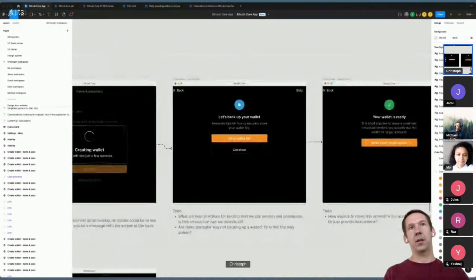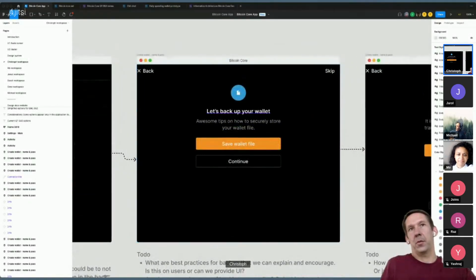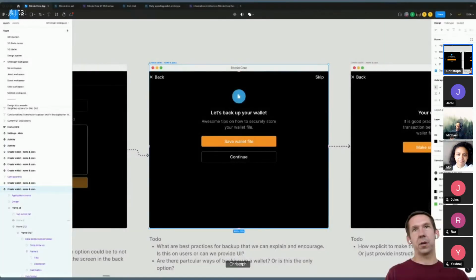Sounds good. Well, what do we make people do? Do we want to have a wallet backup section? What do we tell people to do? How does that differ from multi-sig to single sig? You probably don't have that for